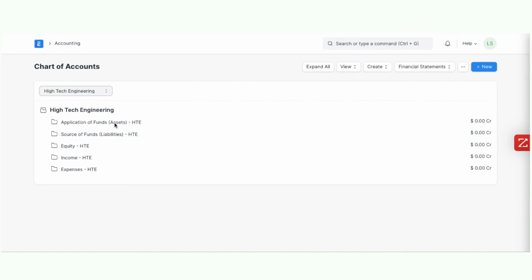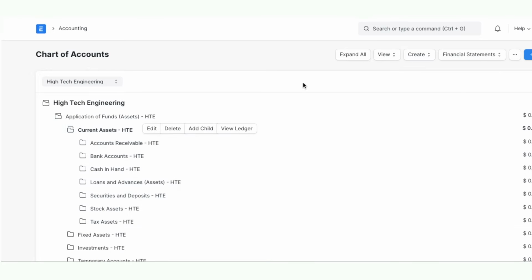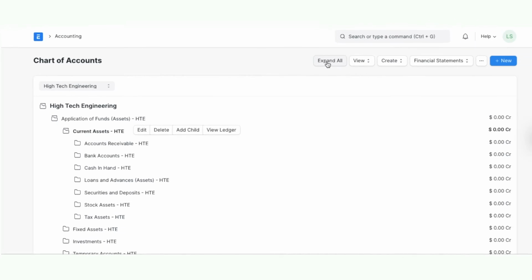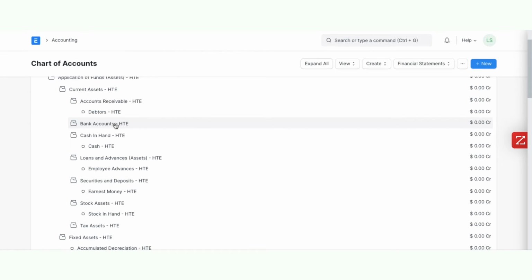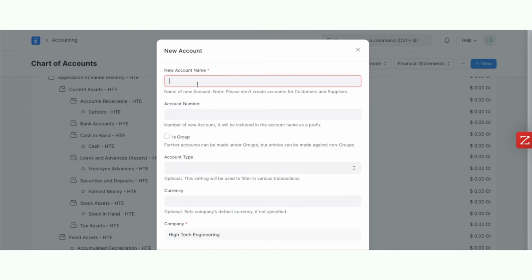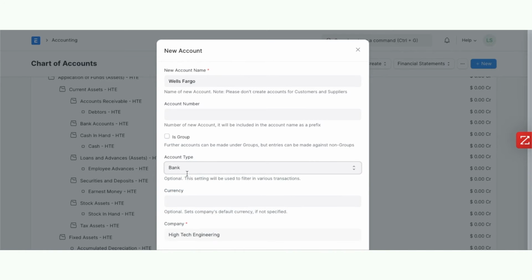You can click on a group or a subgroup to further expand it, or you can click on Expand All to view all the ledgers at once. You can create additional groups or ledgers by clicking on a group and then on Add Child. Fill in the details, the account type, and you can check on Is Group if you want it to be added as a subgroup